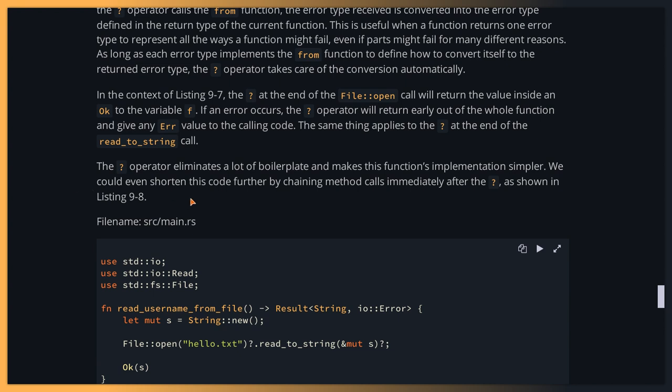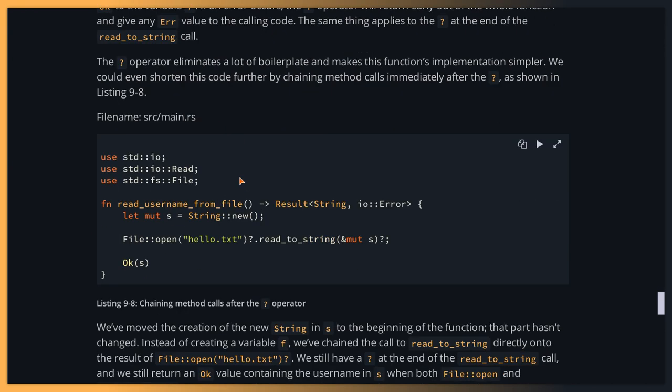We could even shorten this code further by chaining method calls immediately after the question mark, as shown in listing 9.8. fn read_username_from_file() -> Result<String, io::Error> { let mut s = String::new(); File::open("hello.txt")?.read_to_string(&mut s)?; Ok(s)